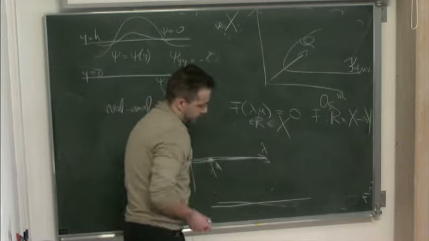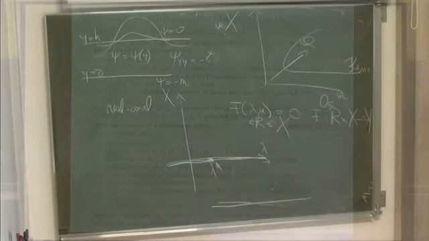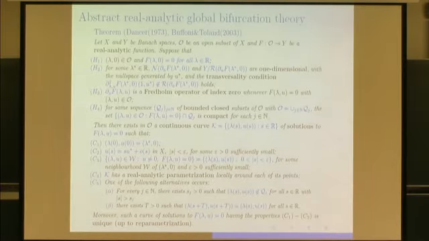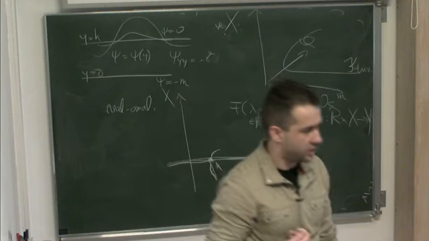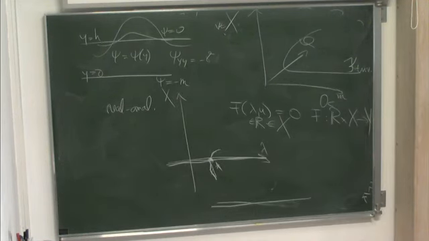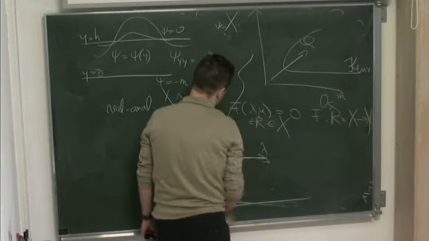Suppose that at this point, lambda star, the assumptions of the Crandall-Rabinowitz theorem are satisfied. So the kernel of the linearization with respect to u is one-dimensional, the range has codimension 1, and the transversality holds. This in itself gives the existence of a local curve passing through lambda star. This is very standard, but what is not so well known is that this curve can be extended globally